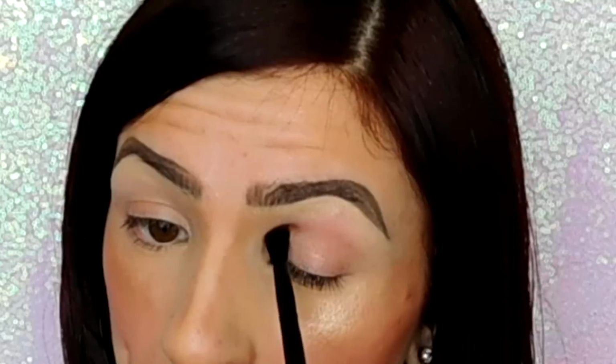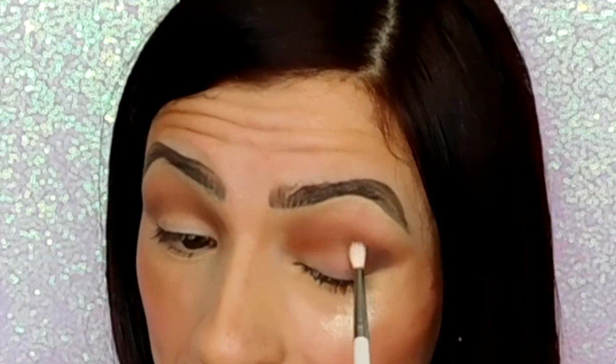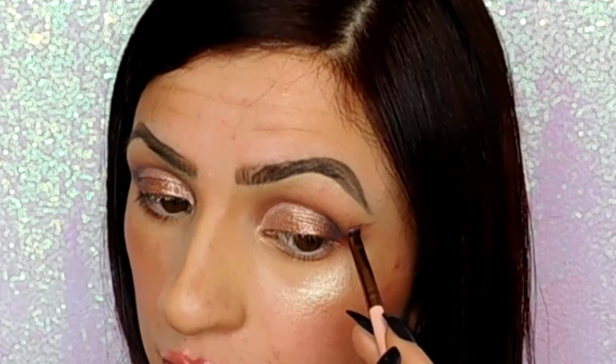I also put together a look yesterday where I basically used the rose gold shade all over the lid and kind of deepened everything up with some of the browns, and then I used the red eyeshadow as liner, and I've seen Pat McGrath do that a couple of times. I've seen her mix her shadows with the Maron mixing liquid, and she seems to be able to manipulate the shadow to almost work as a cream when she does that. So I wanted to see if it could be done. It was very hard, but it was achievable, so...